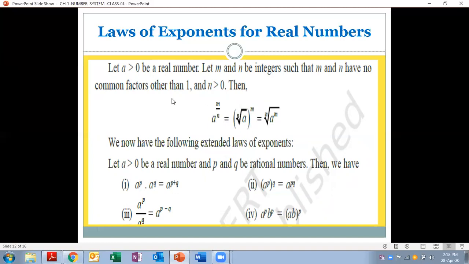So in such cases where we have a real number a that is greater than 0, and m and n are integers here, and n is greater than 0, n is not equal to 0. So a non-zero value n must be there, because it is in the denominator. Now in this case, a to the power m upon n is the nth root of a raised to the power m, and the same can also be written as the nth root of a to the power m. So that is the root of any real number raised to the power m.